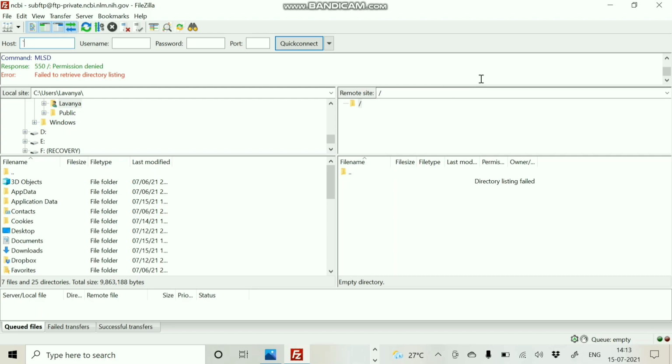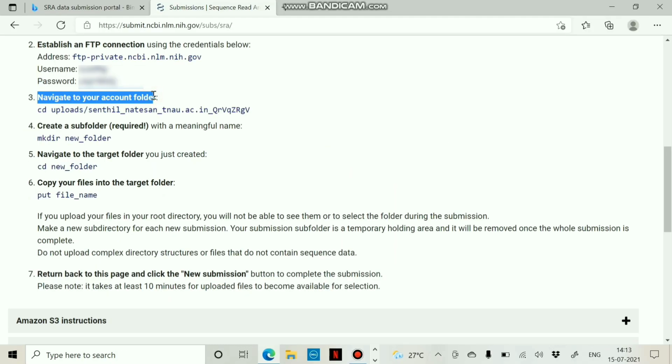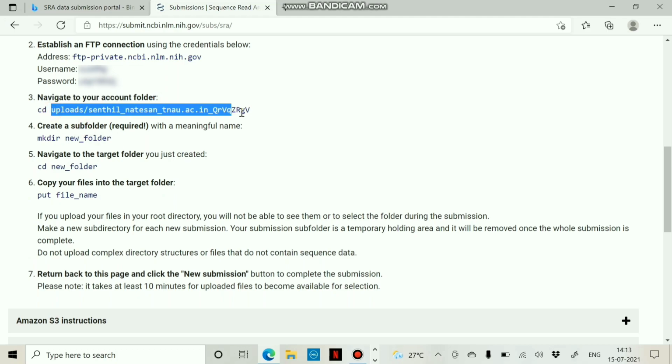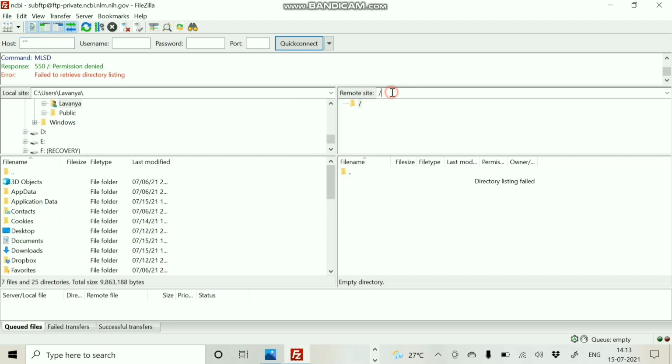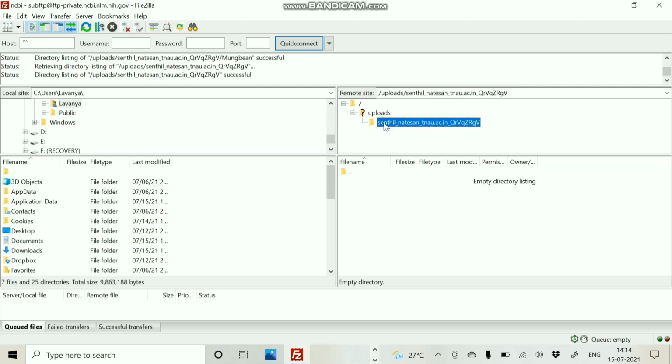Once it is connected, we'll get access to the remote site. Since we do not have access to retrieve all the directory listing in the NCBI server, in the portal page we have been provided with the folder with our login ID. So copy this and paste it in the remote site and click enter. Now we have navigated into the directory where we can upload our files.